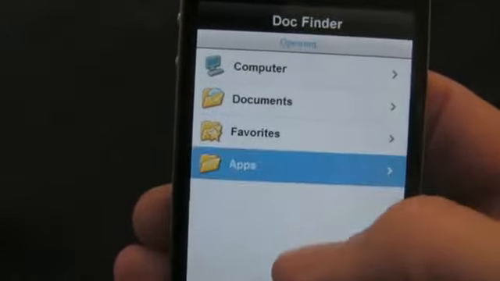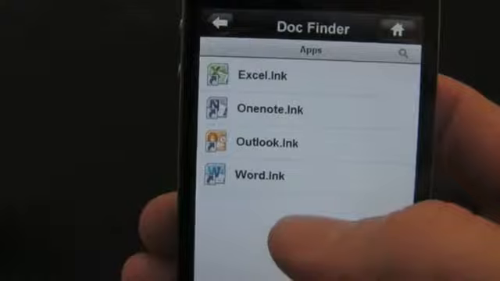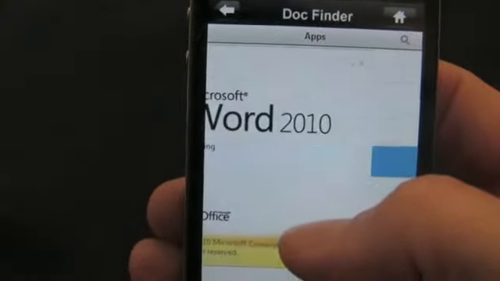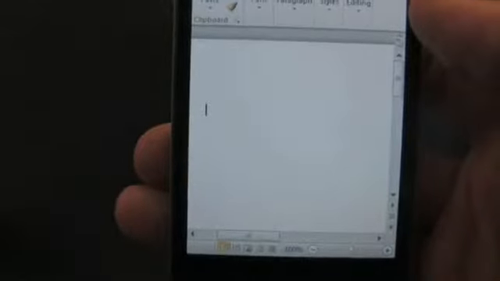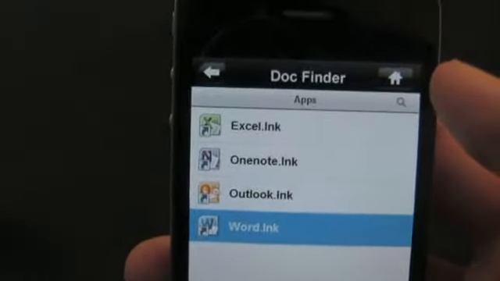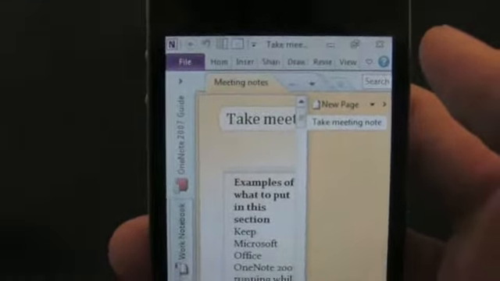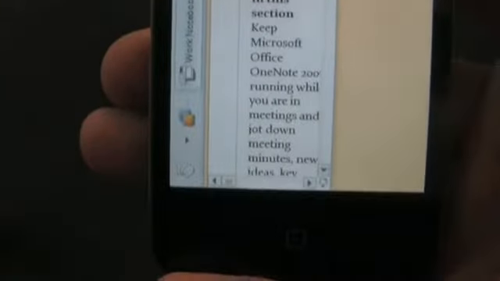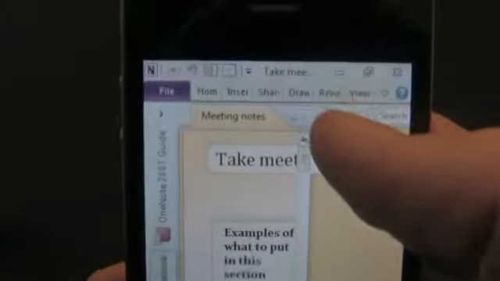I'm going to go into my apps folder, and you'll see I've created shortcuts here for Excel, OneNote, Outlook, and Word. So now I'm going to launch Word, and you can see it launched Word pretty quickly, and it launched it in the same session that Doc Finder was in. Then in Word I'm going to minimize Word using the standard Windows minimize button, and now I'm going to launch OneNote. So OneNote has now launched, and what I have now is two applications running within a single Citrix session. I'm going to minimize OneNote,